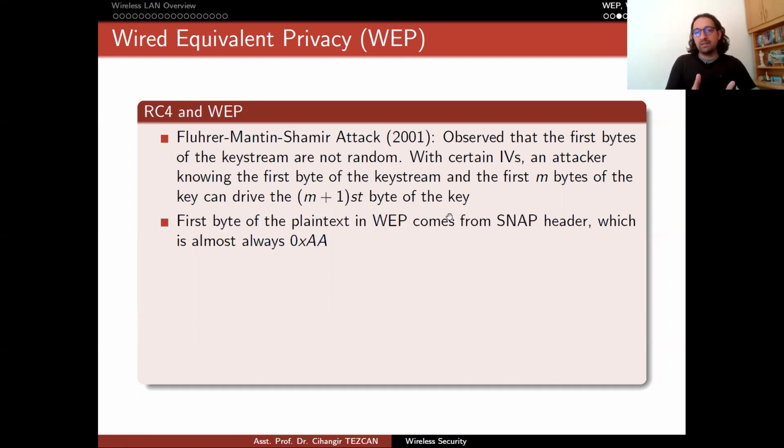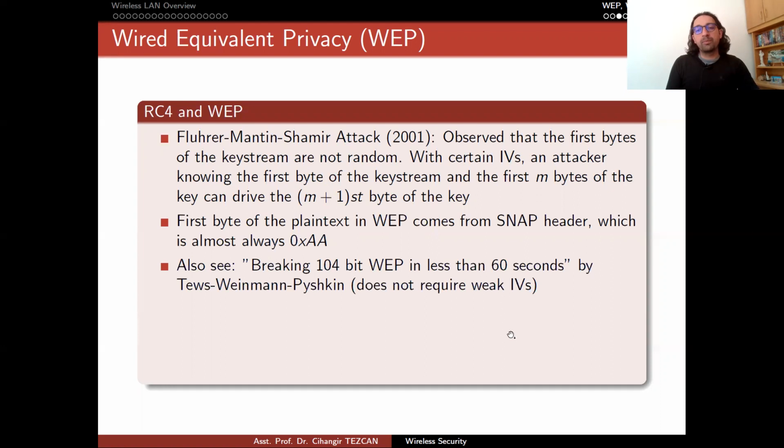You might think that the attack only works when you know the first byte of the key stream and the first n bytes of the key. But the first byte of the plaintext in WEP comes from the SNAP header, which is almost always AA in hexadecimal notation. So if you XOR this plaintext value with the ciphertext, you capture the key stream byte, and this way you perform the attack. So most of the time the attack works. But this attack was also